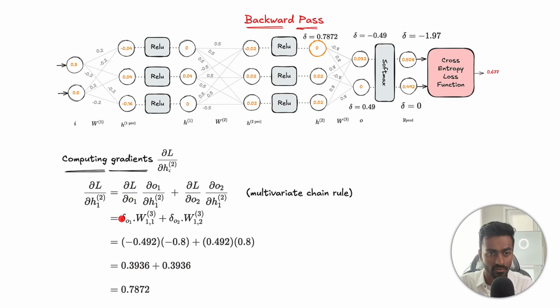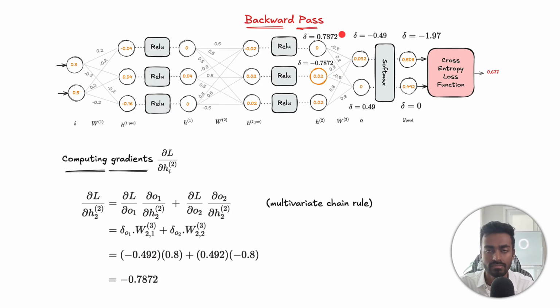So in this first term, we already know how the loss changes with respect to O1. We just write it here. And how the loss changes with respect to O2, we write it here. And we use those values that we have computed in the past, such as negative 49 and positive 49. That's this and this value, respectively. And now we just need to apply how changing this neuron affects this neuron, which is just going to be like the weight itself, right? That's what we write here. And how the same neuron affects this other neuron in the next layer, which is this weight, 0.8 itself, which is what we write here. Substituting the values, you get 0.7872. And that's why we write the gradient above this neuron to be